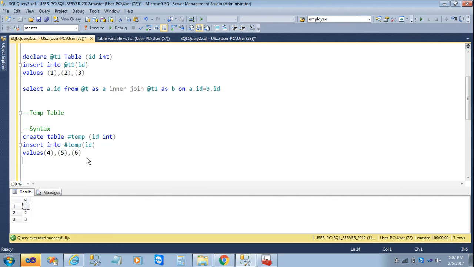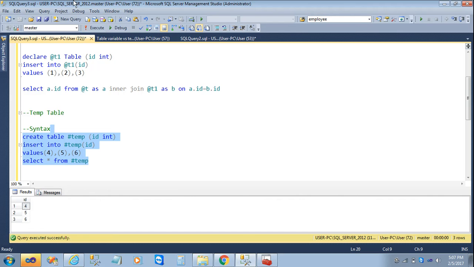Now I will write select all from hash temp, and now selecting all the queries I will execute it,